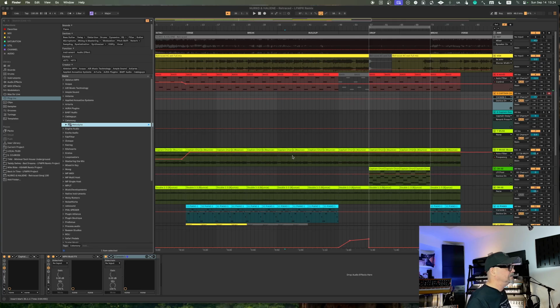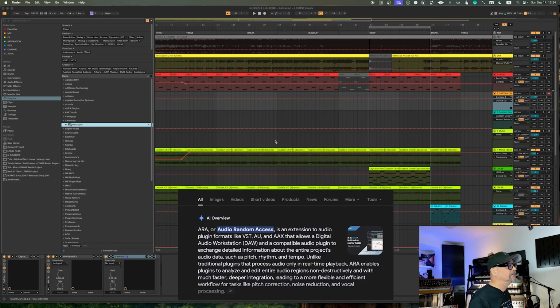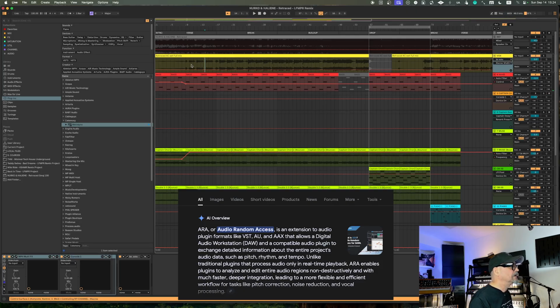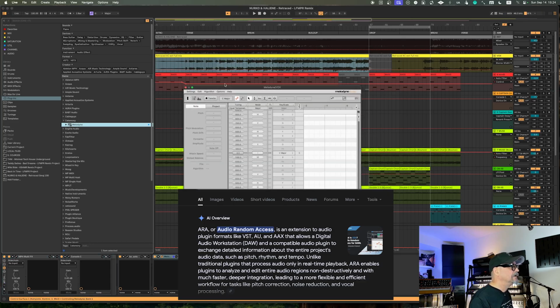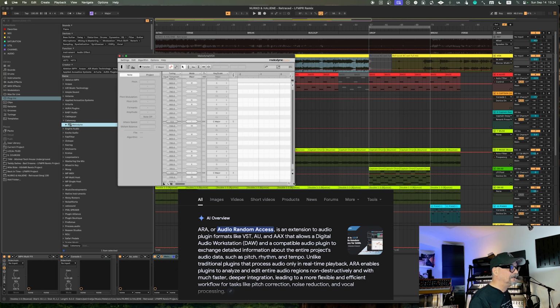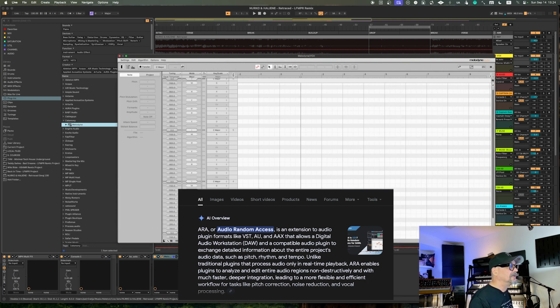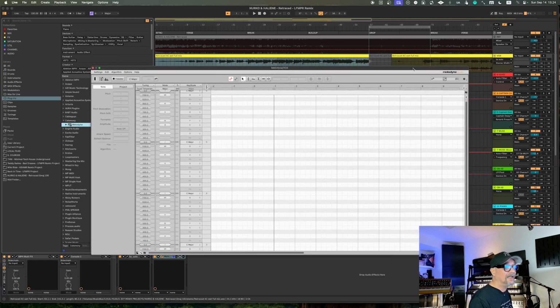All right. Okay, so another thing that is missing from Ableton is ARA support, kind of an audio random access. And what does that mean and where does it actually become handy, I will show you. So for example, if I would like to work with my vocals and I'm bringing Melodyne into that track, and then now I would like to start editing the audio immediately within my Melodyne or any other plugin that